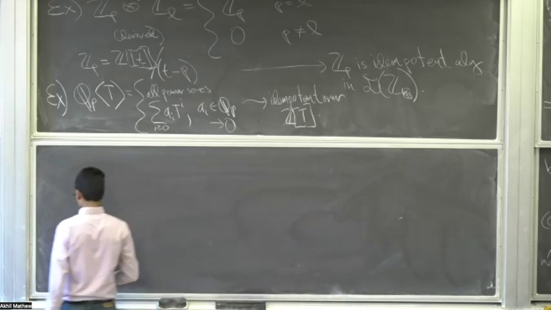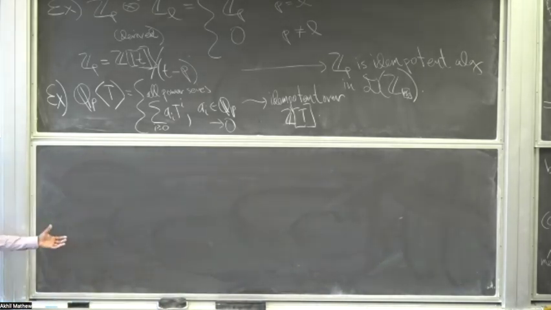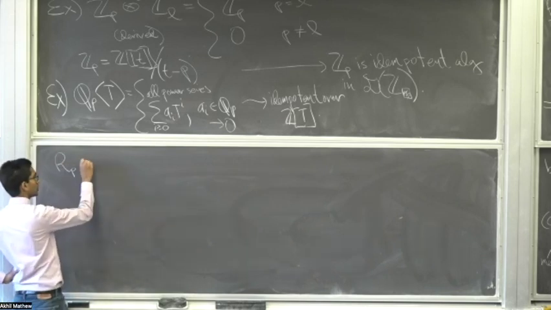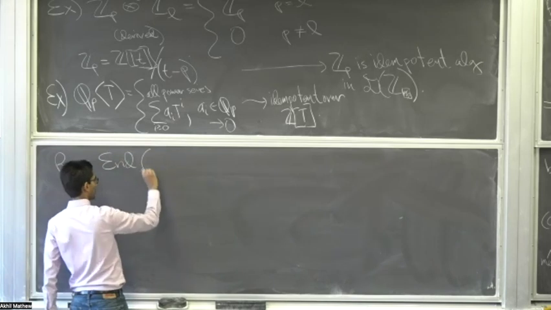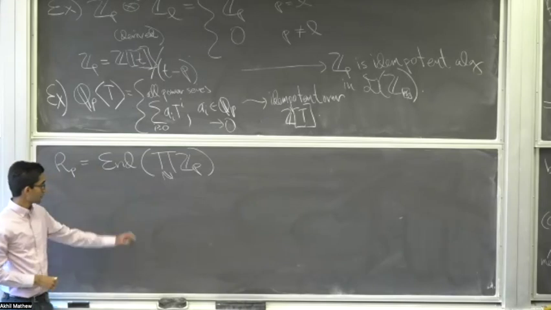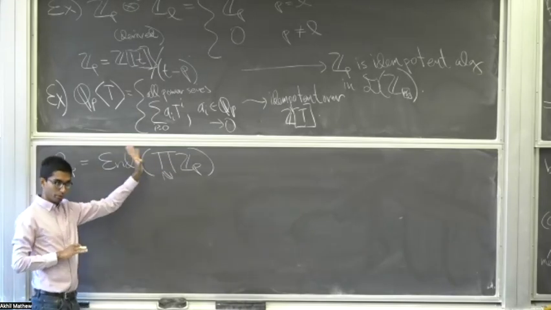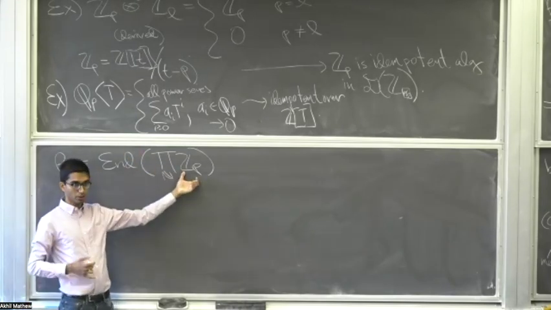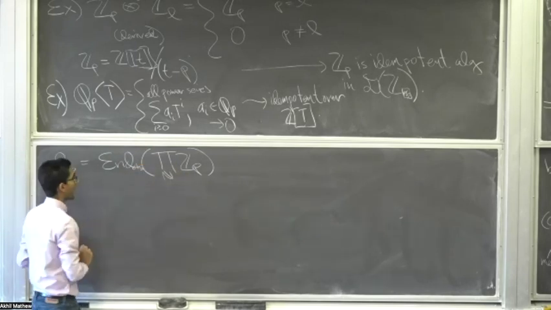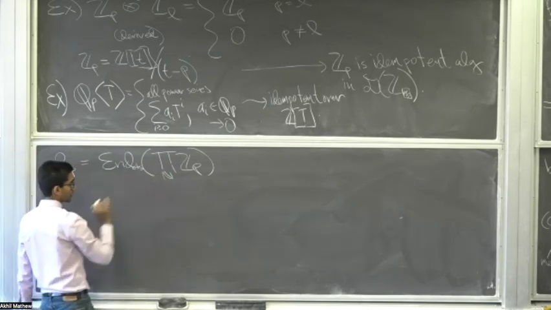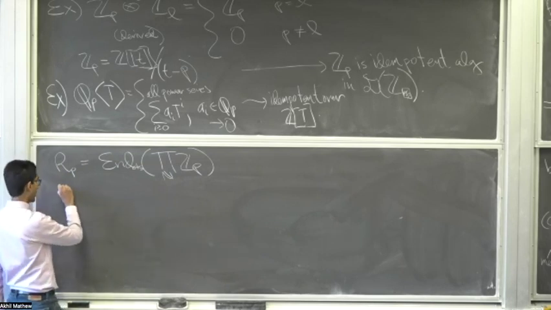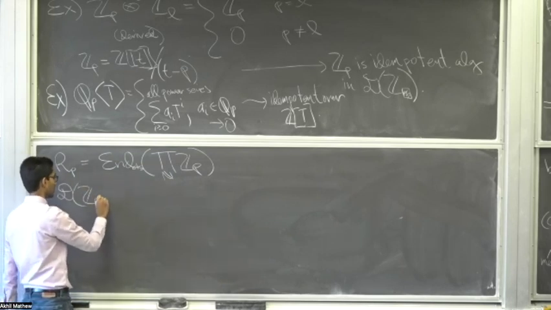So again, you have a compact generator, which is a countable product of copies of ZP. So you could let R sub P be the ring of endomorphisms of a countable product of copies of P. Here we could think about this in purely classical terms. Namely, this is a profinite group, and we could look at all continuous endomorphisms of this profinite group, and then D of the solid